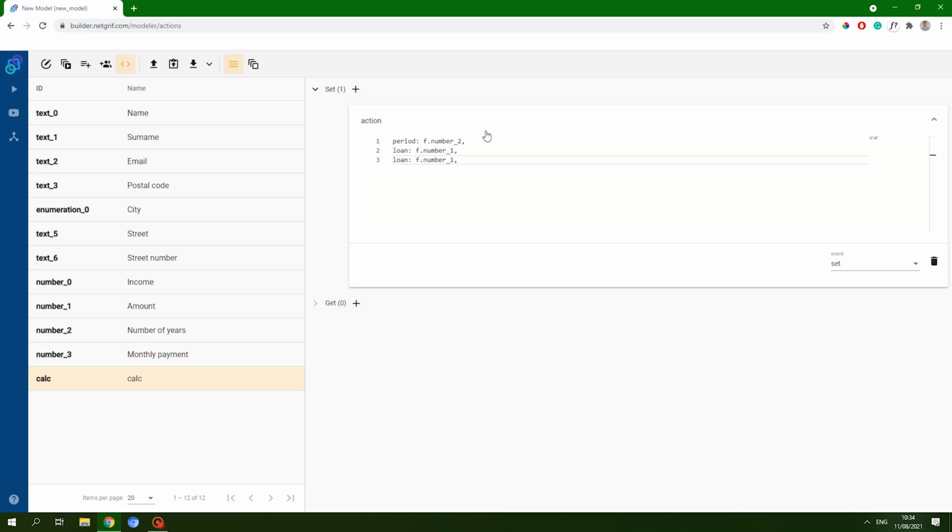Okay. And also we need to change monthly payment. Call it monthly. So in the local variable monthly, we will map number 3. So you want to change monthly. And here you see on the left side which IDs are which data fields. Right. And now we want to change the monthly value